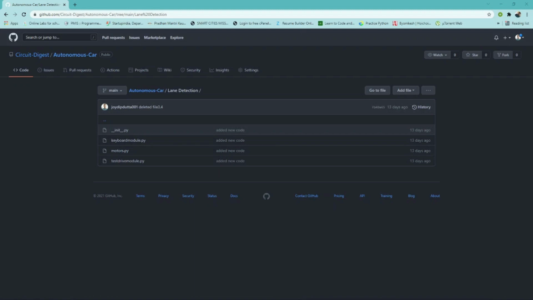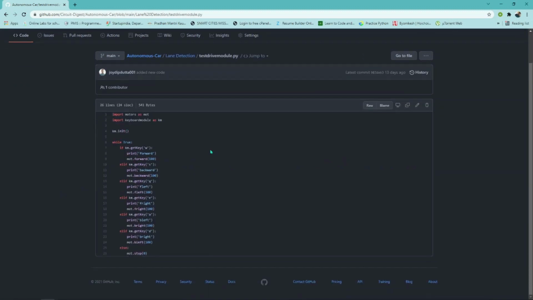When you open our GitHub repo, you will find this autonomous car folder with 3 .py files: keyboard_module.py, motors.py and test_drive_module.py. You need to import these files into your Raspberry Pi and then open the test drive module first.